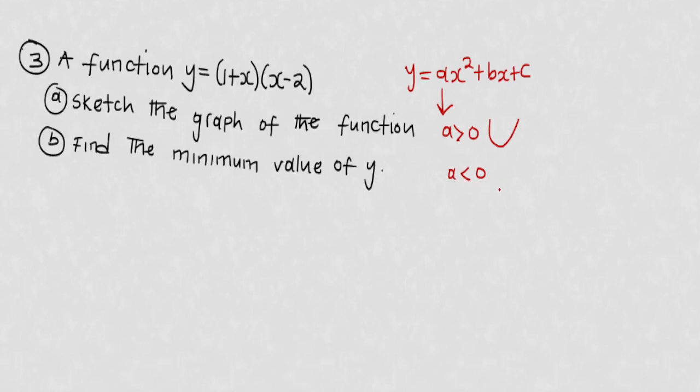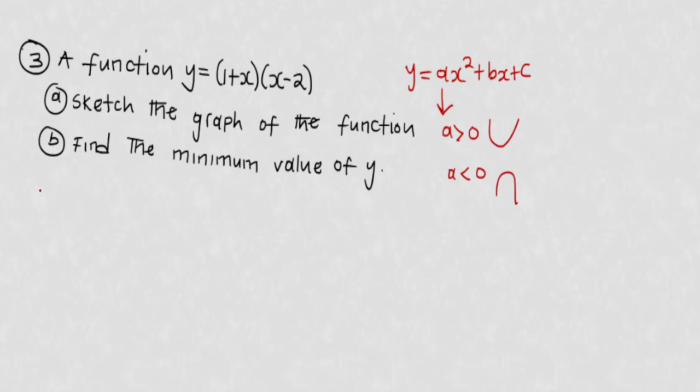If a is less than 0, then it's going to be N-shaped. So we're just doing a sketch. We're not plotting, we're just doing a sketch. So now, how are we going to sketch that? In sketching that one, what I'm going to do is